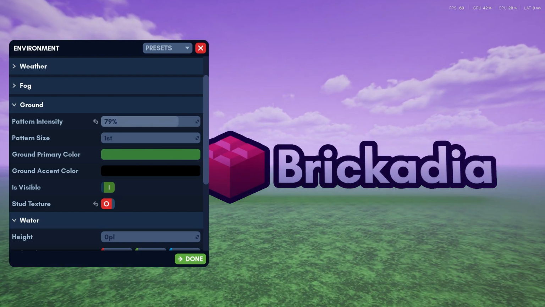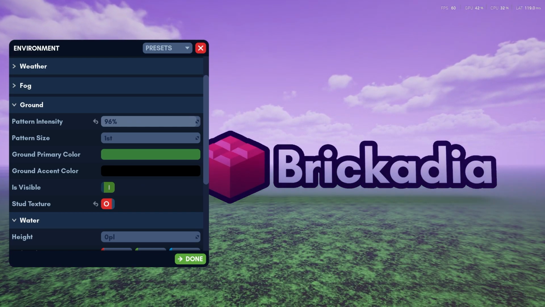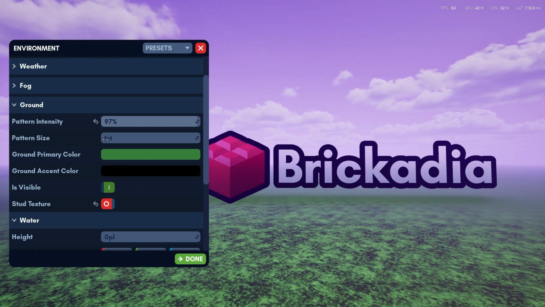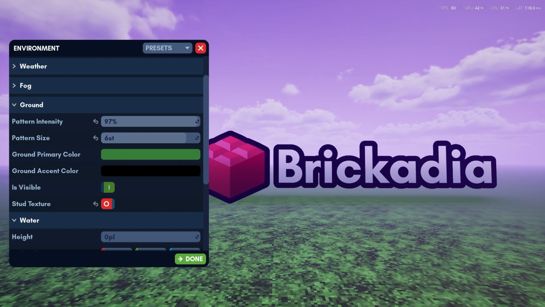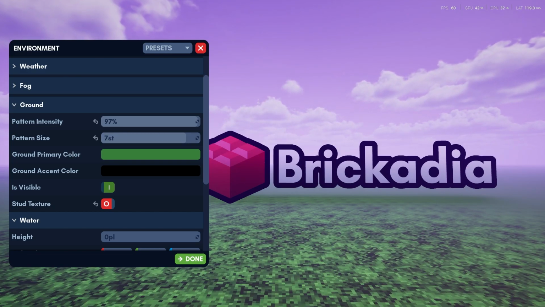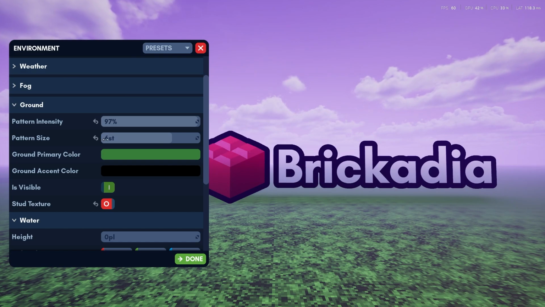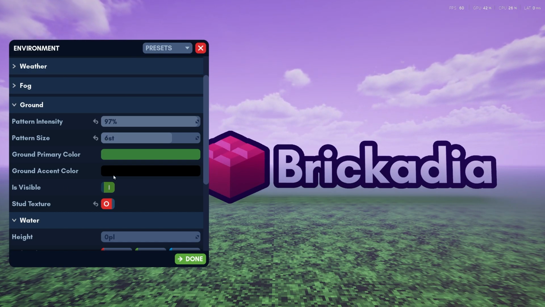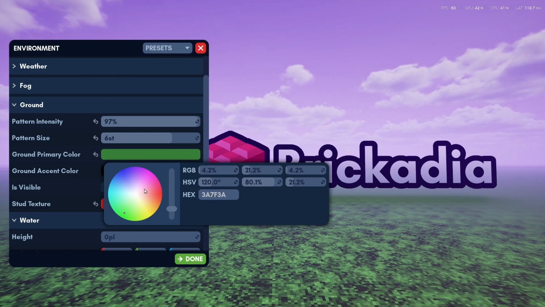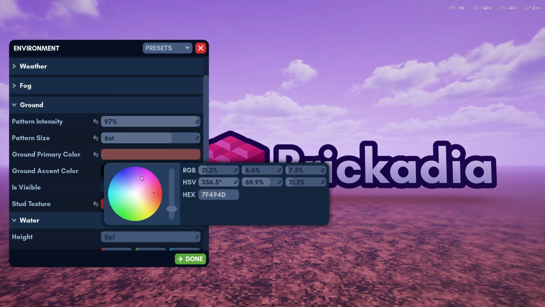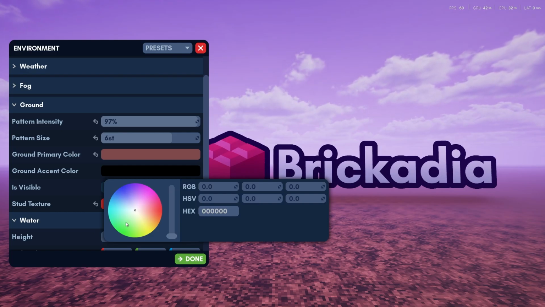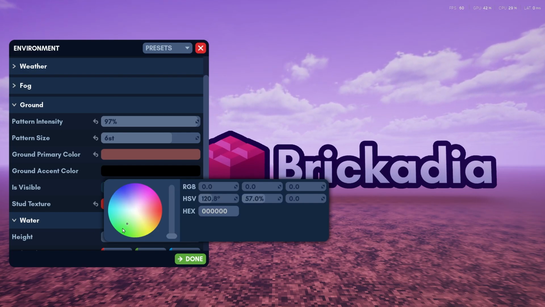So obviously pattern intensity, you can see the changes here. So it creates a lovely pattern surface if you need a good pattern surface. Pattern size, obviously you can change it. Again, it just provides that texture to the floor. So you've got a mix of colours, it's not all just blank green. Obviously primary ground colour, you could change it to a lovely red. I say go for a kind of Martian-y surface here. Maybe mix in a, whoops,